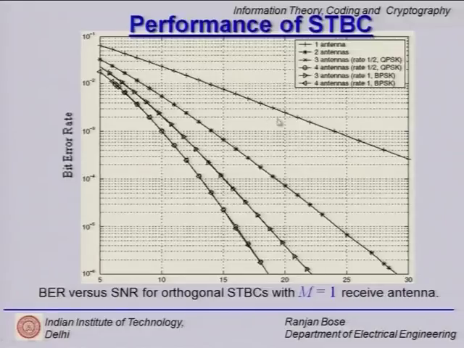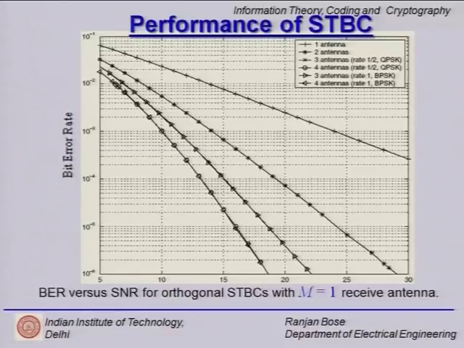So the first case is SISO, single input single output system, no diversity gain whatsoever, and we have a happy go lucky curve going up here. Not too good, not too bad, but can we improve it? So we immediately put in two antenna elements and we have the second curve, a quick dip here, and the slope increases, and the slope is an indicator of the diversity gain. So just by observing these two curves, we can say that putting two antenna elements at the transmitter has immediately given me a diversity gain of 2.